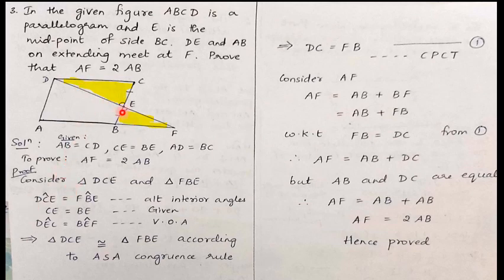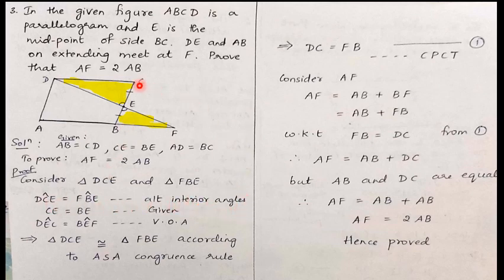Now in these two triangles, angle DCE is equal to angle FBE. DCE, that is this angle, is equal to this angle because they are vertically opposite. DCE is equal to EBF or FBE because they form alternate angles, because AB and CD are parallel to each other, so alternate angles are equal. That is, DCE will be equal to EBF or FBE because they are alternate interior angles.